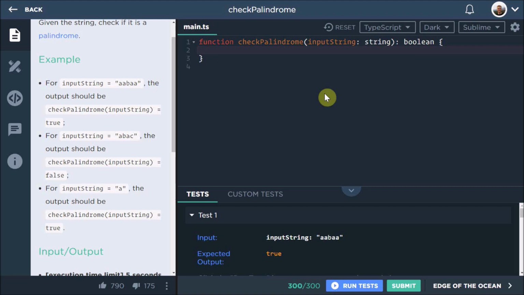But the straightforward way would be to get the reverse string, and we're going to put it in a variable or a constant because it won't change. So the reverse string is going to be inputString.split. We're splitting the string into an array, and we're not splitting it by everything, so we're just going to split each character up. What you can usually do is split by a comma or a comma and a space, and put things in arrays based off their commas and spaces, or by a colon or anything.